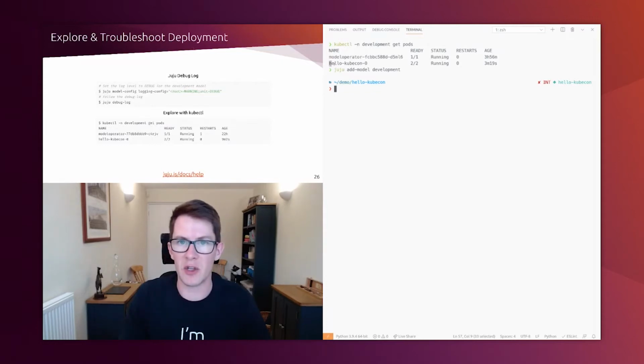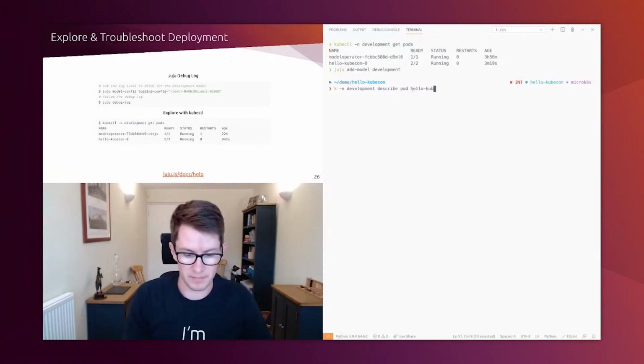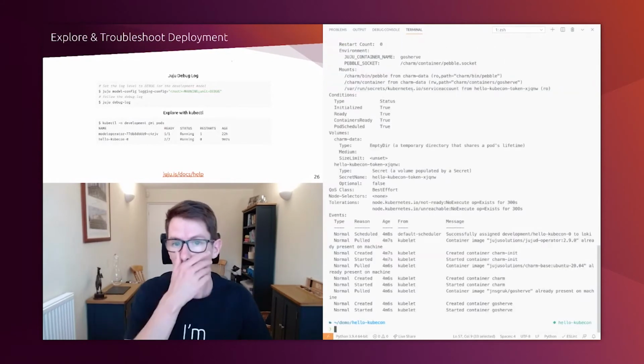You'll also see the hello kubecon pod, and as you'd expect, there are 2 containers running in there, one for the workload and one for the charm. So we'll just take a little bit more of a look at that. Development scribe pod hello kubecon 0. Okay, so